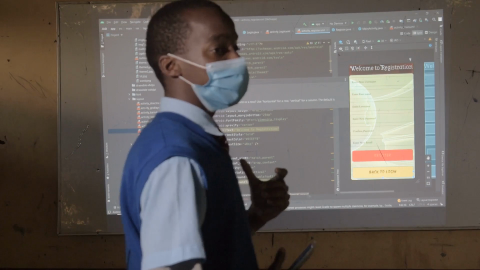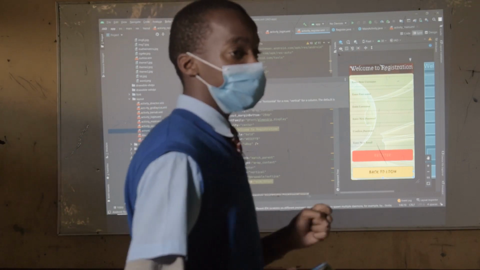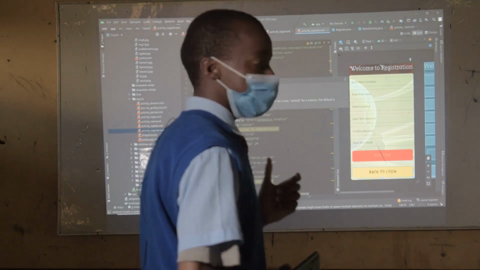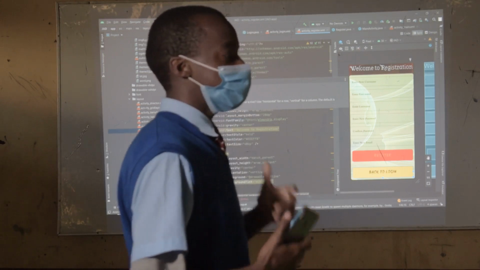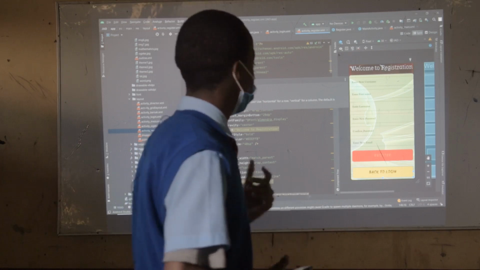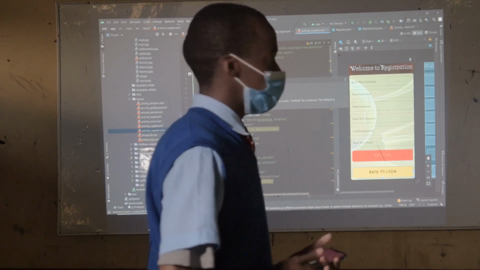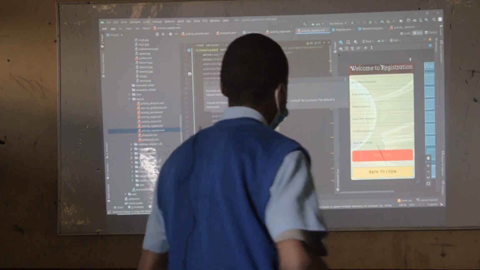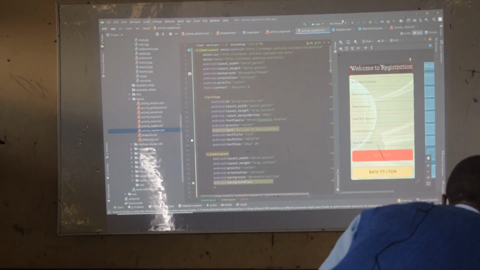It will take you back to the login screen so that you can now log in using the account that you have created. Or if you click it by mistake and you didn't want to register, you can simply click back to login so that it will take you back, and then you can initialize and log in. And on that side,